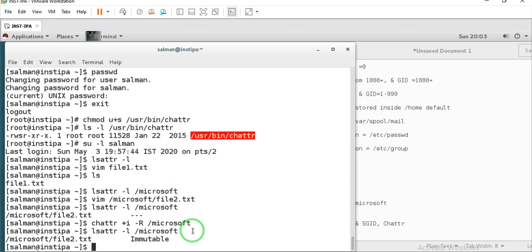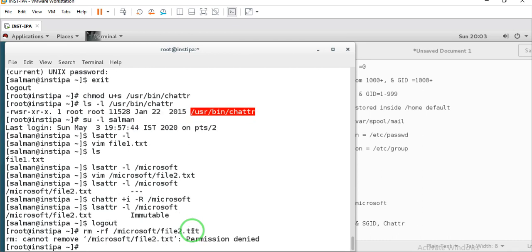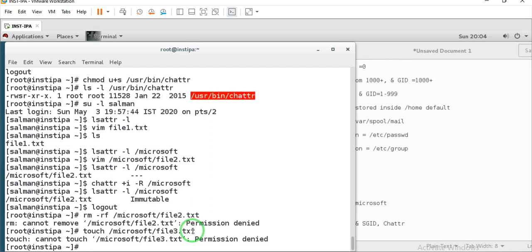Let's try that, correct? Let's go for root. I'm in root now. Let's try to do rm -rf on /Microsoft, and there is a file 2.txt. Permission denied for root. Can root go ahead and create a file here? Let's try to do a touch file3.txt. Sorry, let's do it on Microsoft, file3.txt. Permission denied. Let's change to Salman,